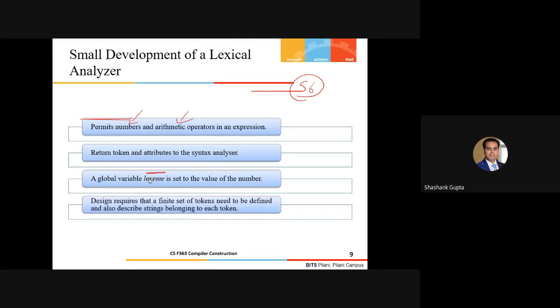Finally, this is our goal: the design requires that a finite set of tokens needs to be defined, and it also describes the strings belonging to each token. As we said earlier, I need to recognize the token and the corresponding lexeme as an attribute, and this information needs to be returned by the function to the respective phase.